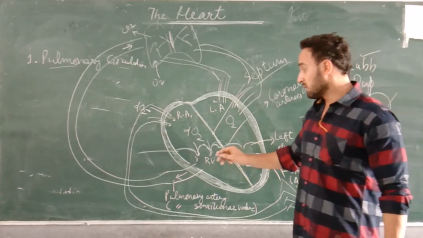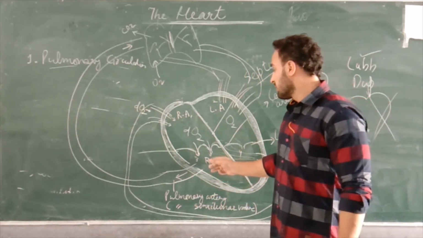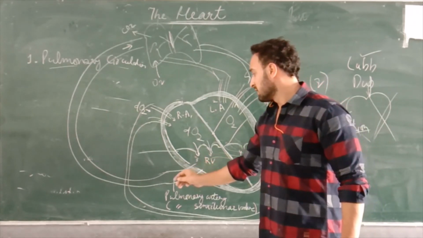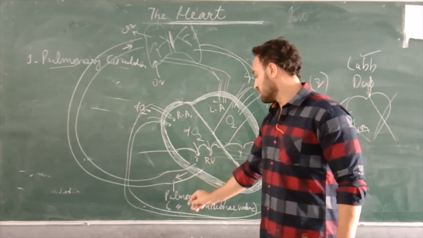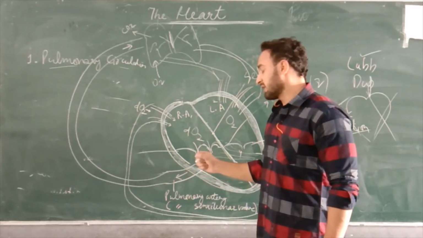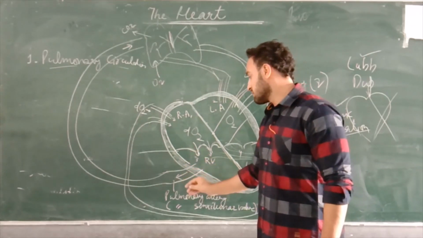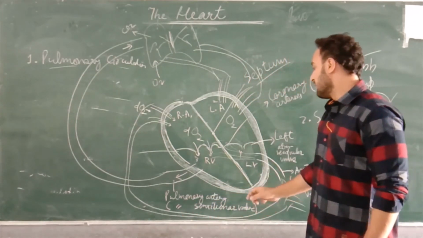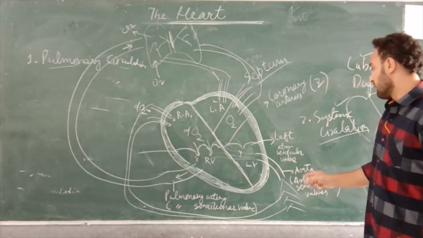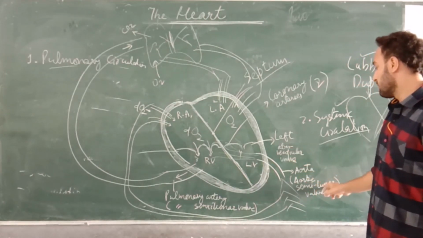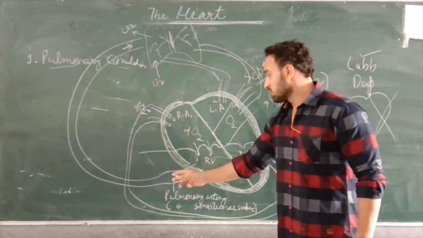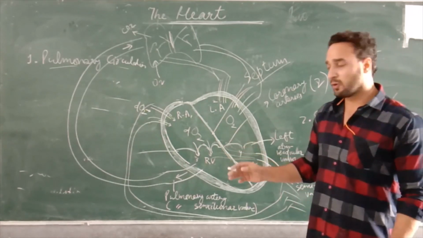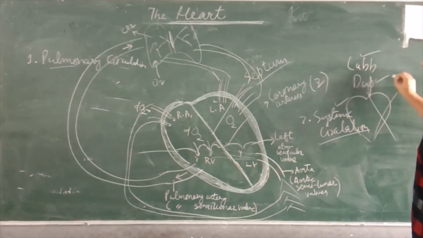And the dup sound is made when the ventricle is relaxed. When the ventricle is relaxed, the blood that was pumped through the pulmonary artery could flow back. There are valves in the pulmonary artery which are called pulmonary semilunar valves, and similarly we have valves in the aorta which are called aortic semilunar valves. To prevent the backflow of the blood, these valves close, and that makes a sound called the dup sound.